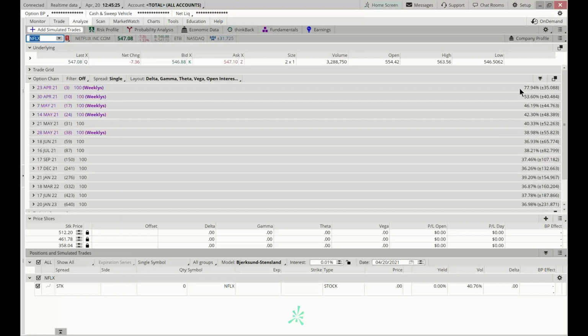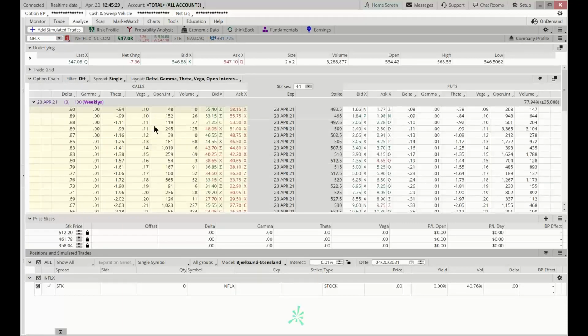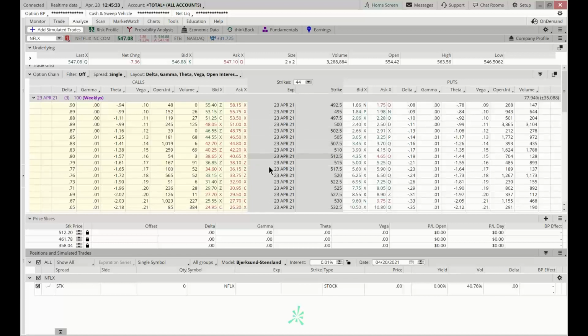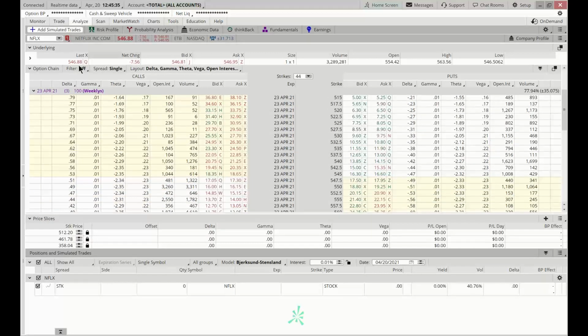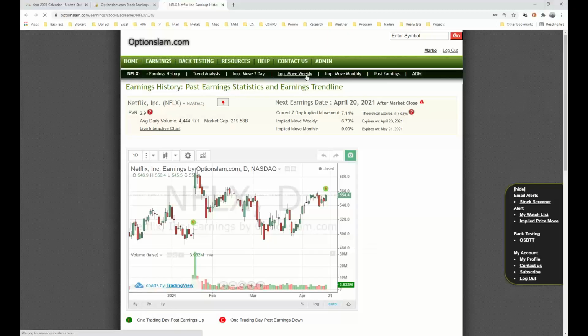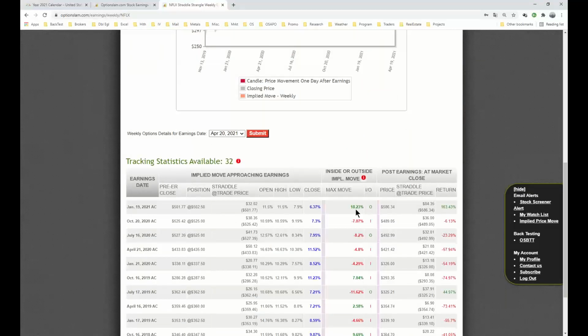Now, why is that important? Well, if I were going to put on an iron condor, let's see, if I measure the implied move, and by the way, we have that data right there at Option Slam, so you don't have to do a whole lot of research. The implied volatility,